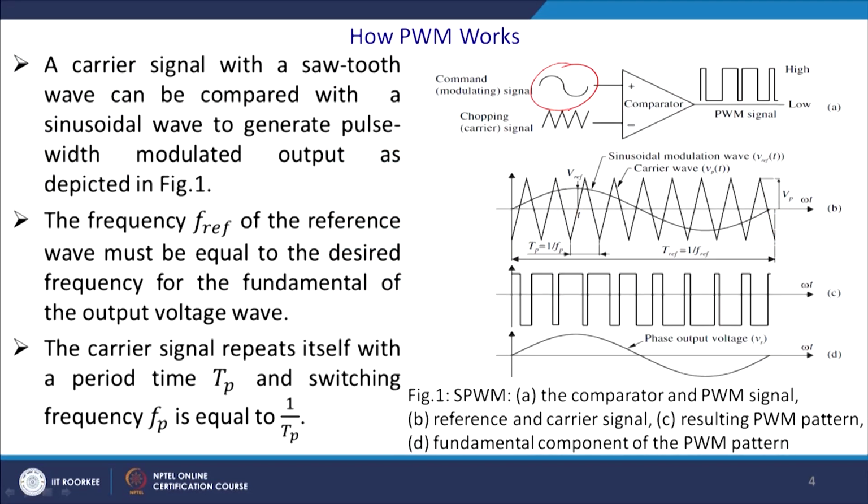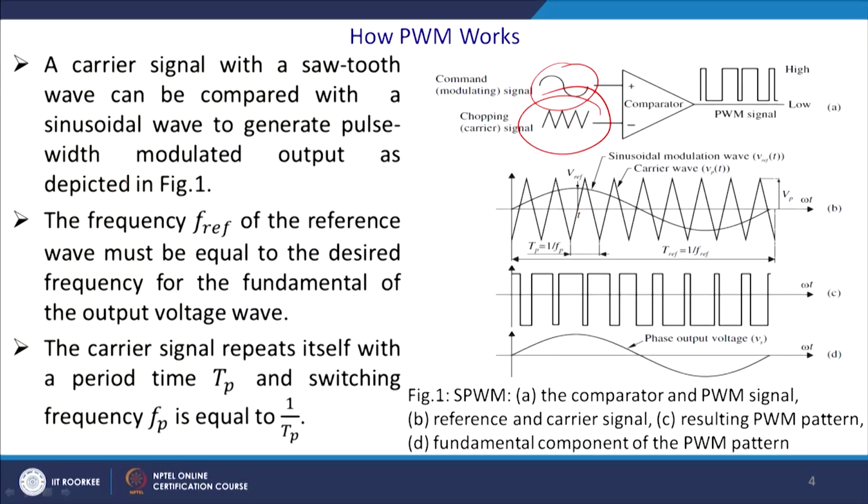So, how is it done? It is done in a very simple way. You have a sine wave and you have different kinds of modulation technique, which have been discussed in different books and also in the NPTEL courses on advanced power electronics, which you can refer to. This has to be compared with the triangle wave, and ultimately you generate bidirectional pulses. You can have unipolar pulses, you can have bipolar pulses. This is bipolar pulses, but we prefer unipolar pulses.